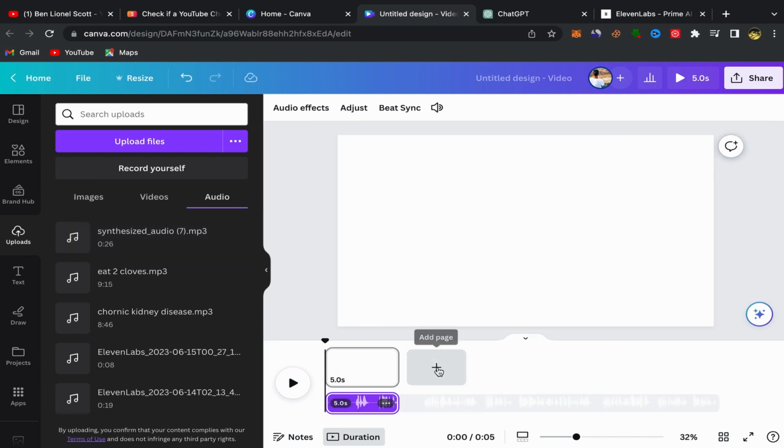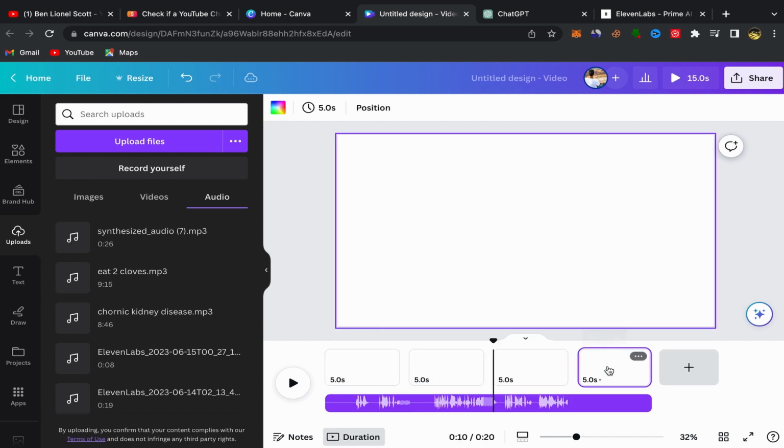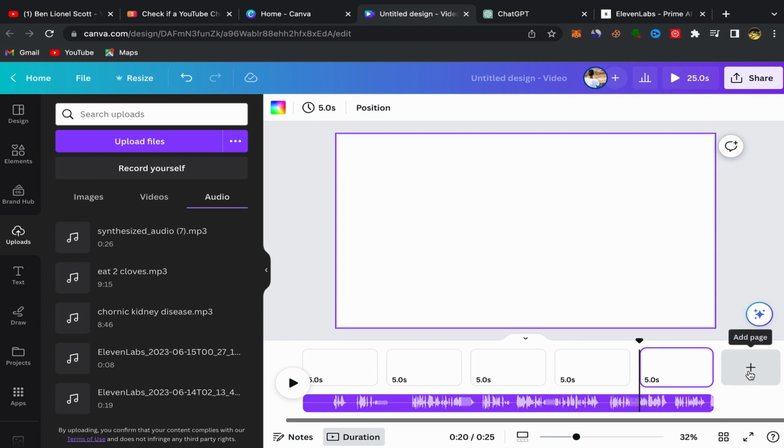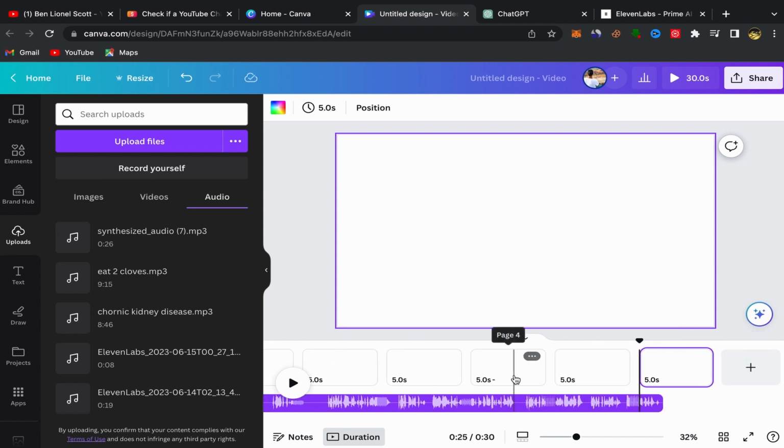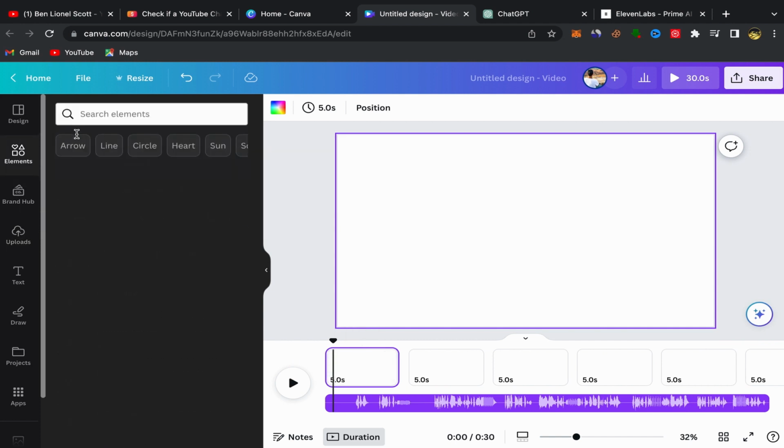As you can see, click over here on add page, and add more pages that will be matched with your voiceover like this. Then go to the first page, click over here on element, click on